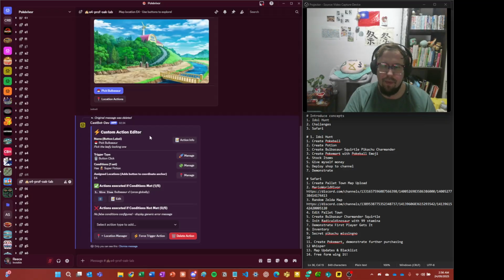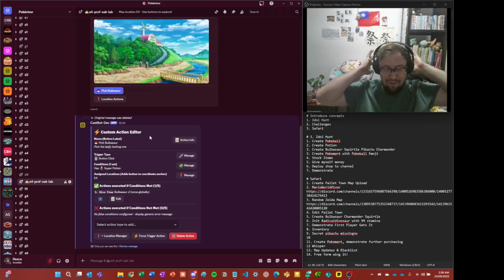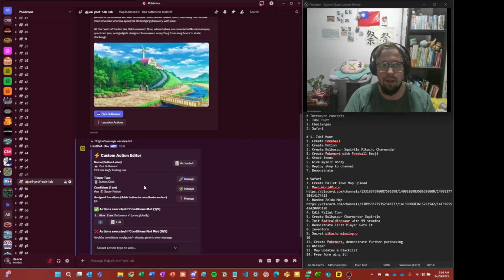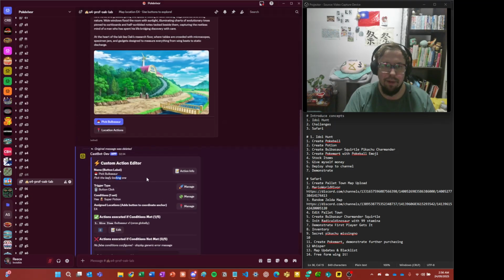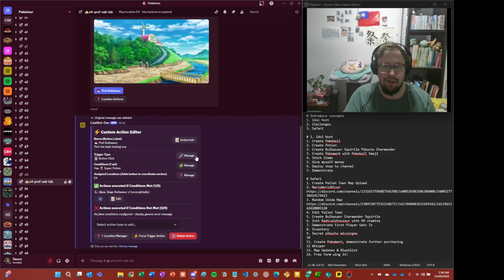So again, this is not super difficult if you've done a bit of math or programming, but this is basically saying the trigger is the player clicks this button, right? They won't see this thing. They'll just come into the channel and be like, pick Bulbasaur. This says, when the player clicks the button, if they have a super potion, give them a Bulbasaur. Now what we can do is if they don't have a Bulbasaur, we can